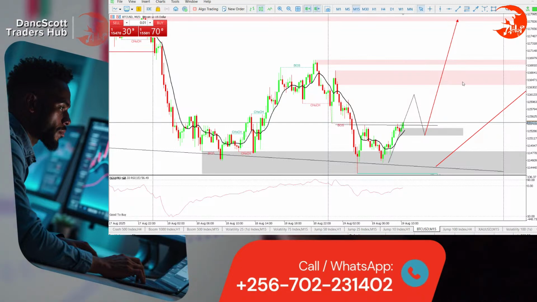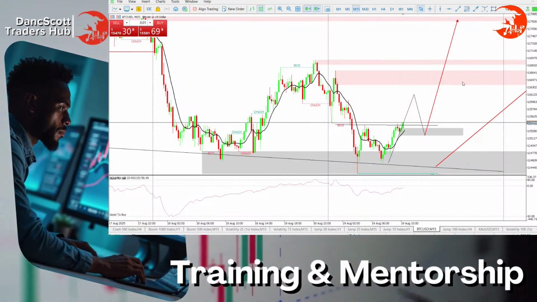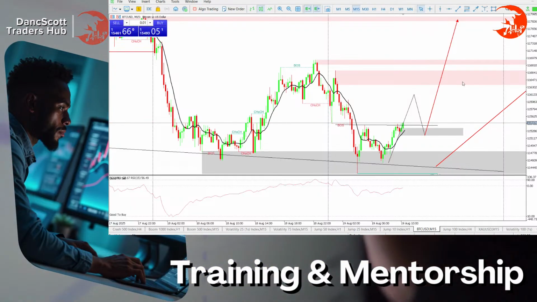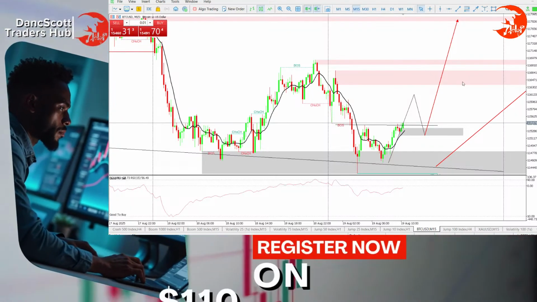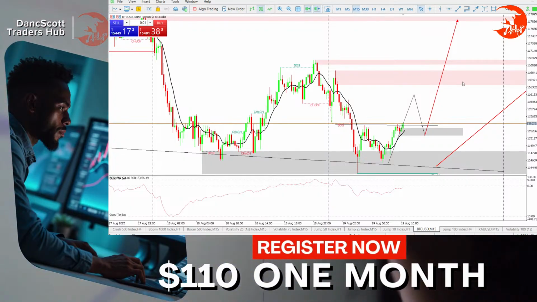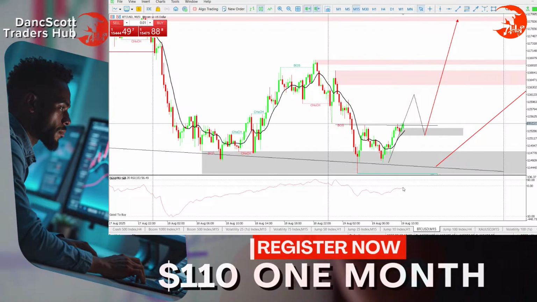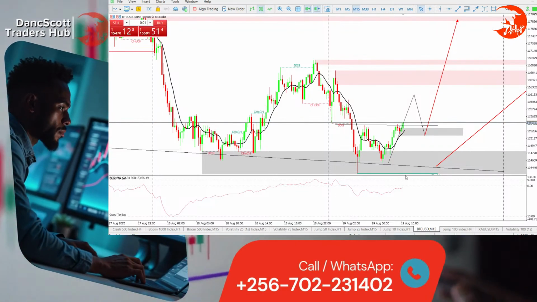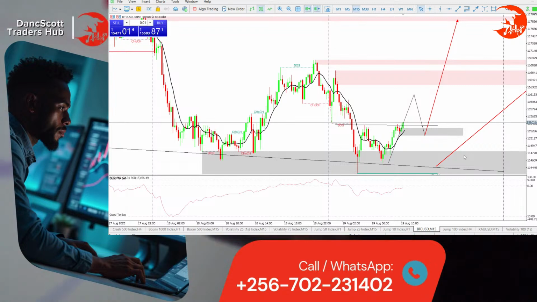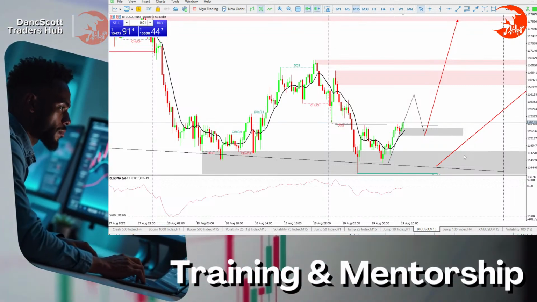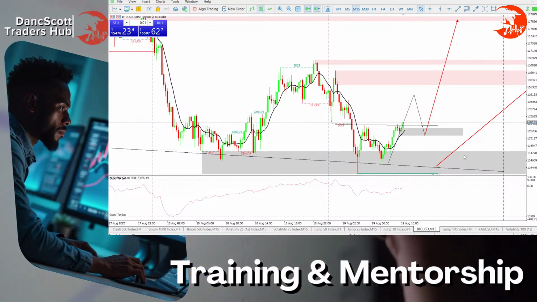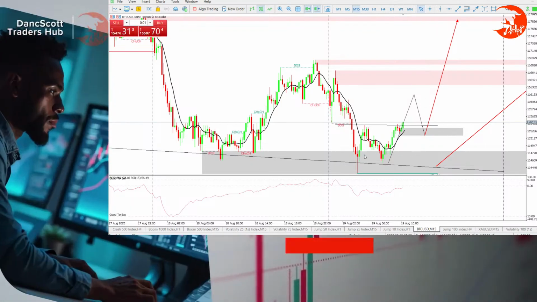BTC is one of those that I'm always skeptical to make an entry, because it is a highly volatile asset but also a highly leveraged asset. So you don't have to panic when you're making entries. And I'm not using more of the indicators that I normally use on other assets. You can see the CCI is showing us that we should be looking for sales, but price action says different. So yes, the trend is a sell according to daily and what have you, but we haven't gotten a reversal signal. That's why we are supposed to be looking for buys, and now price has reached a support area,